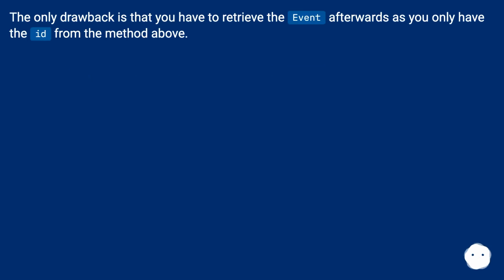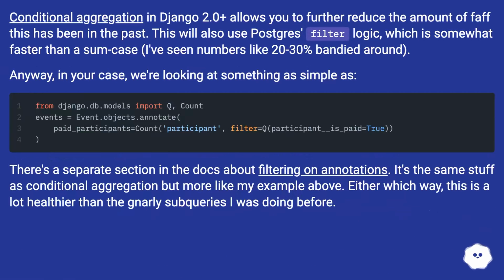The only drawback is that you have to retrieve the event afterwards, as you only have the ID from the method above. Conditional aggregation in Django 2.0 plus allows you to further reduce the amount of faff this has been in the past. This will also use Postgres filter logic, which is somewhat faster than a sum case. I've seen numbers like 20 to 30% bandied around. Anyway, in your case, we're looking at something as simple as